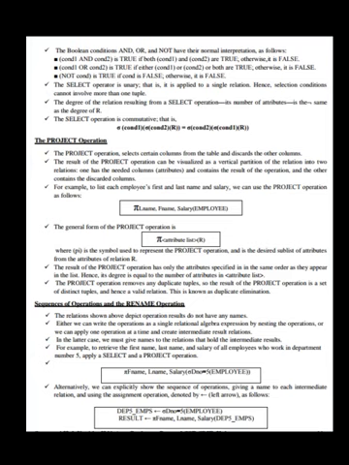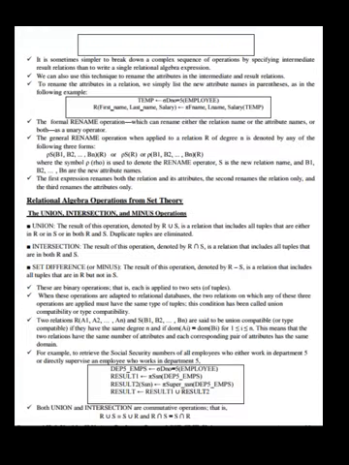For example, to retrieve the first name, last name, and salary of the employees who work in the department number 5, apply a select and a project operation. See the figure here. Alternatively, we can explicitly show the sequence of operations, giving a name to each intermediate relation and using the assignment operation denoted by a left arrow as follows. It is sometimes simpler to break down a complex sequence of operations by specifying intermediate result relations than to write a single relational algebra expression.